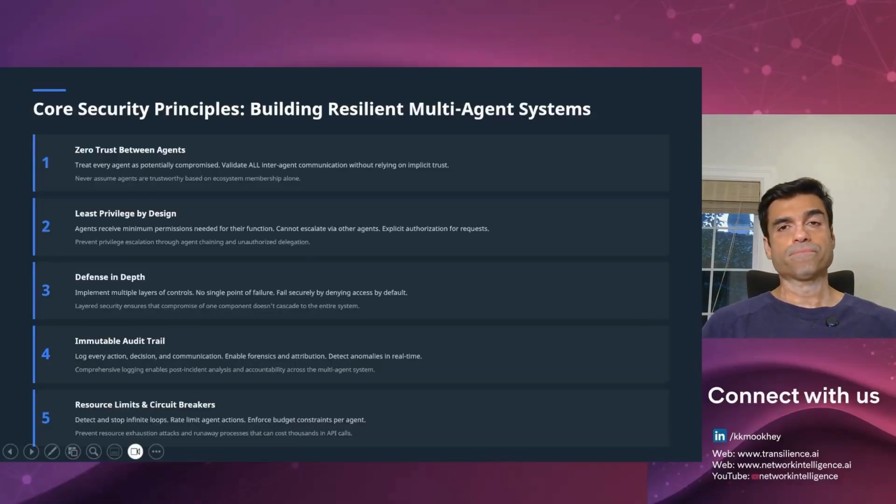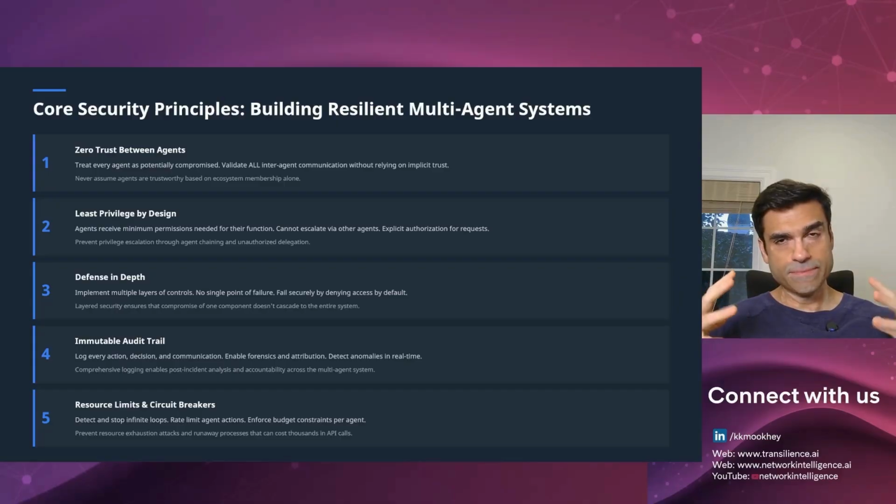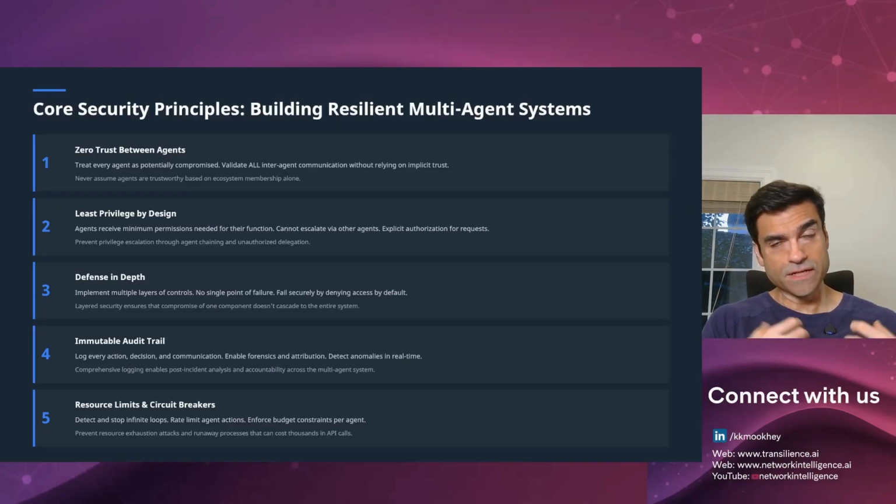So to conclude, the core security principles remain the same. There has to be zero trust between agents. Each agent has to be seen as a source of compromise and also a target of attack. Least privilege by design. Run your tools in as sandboxed, as containerized, as restricted and controlled an environment as you can. Defense in depth, access control, audit trails, input validation, output validation, the data that you're reading into your RAG, you're storing into your RAG, the data that you're reading as a source input for an agent to process